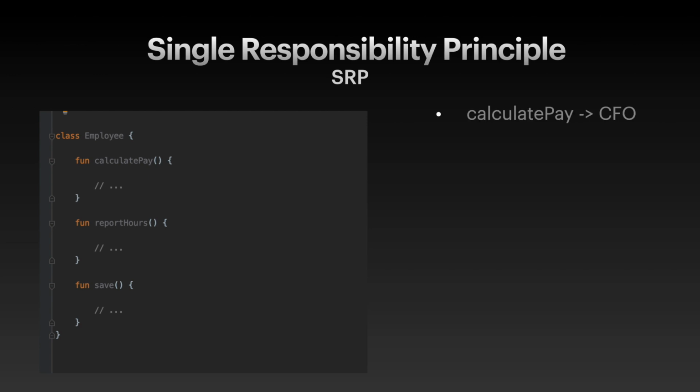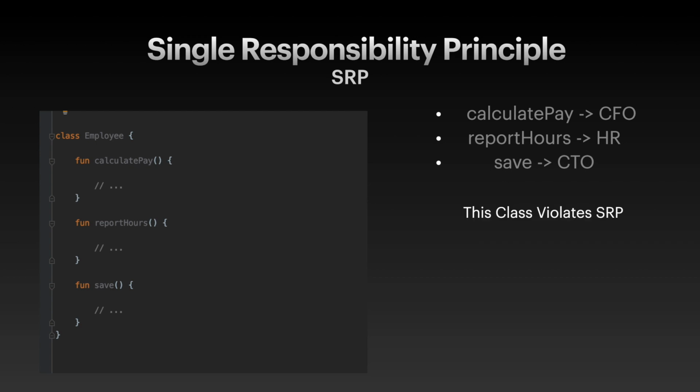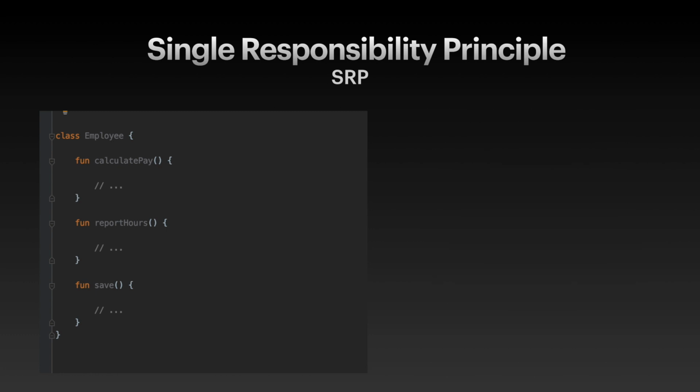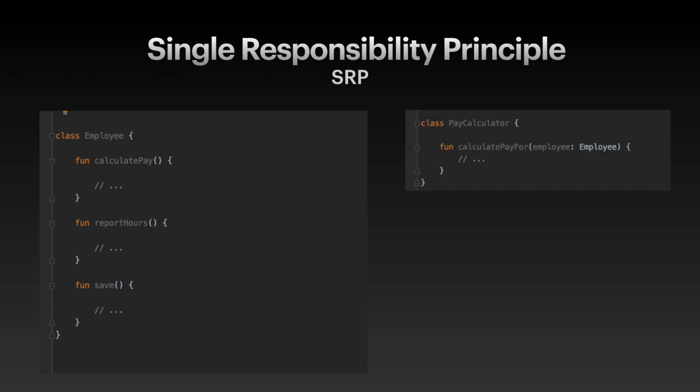So we have three different groups of people requesting changes for a single class. This breaks the rule, so it clearly violates the principle. We have identified reasons to change by discerning who could request changes for a class. So now we need to fix this. Now there's a couple of ways we could tackle this problem. The most obvious one would be to split those responsibilities into separate classes, and that's what we're going to do for this example. We're going to take the class pay calculator, and this would contain the calculate pay for method,